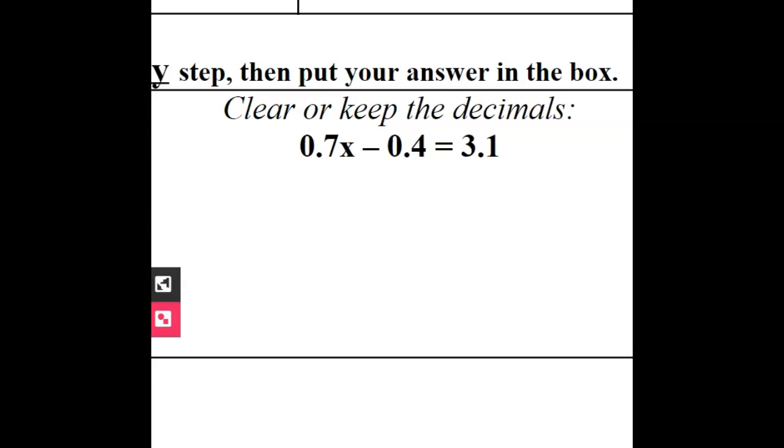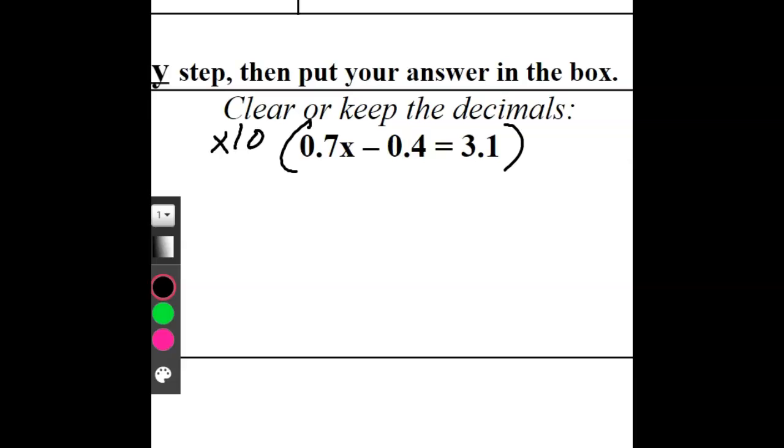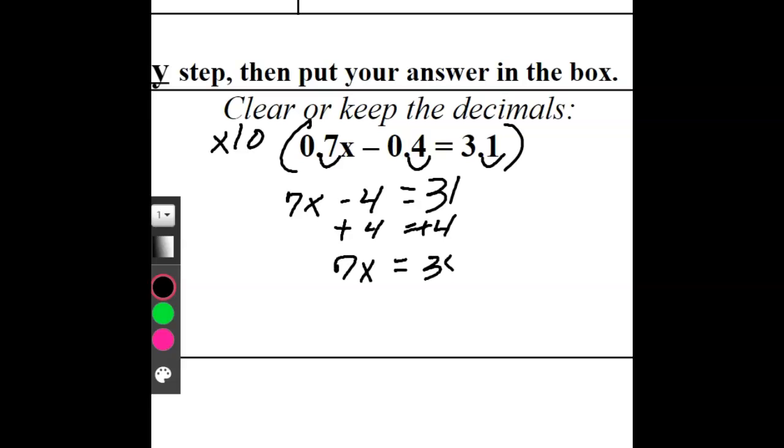The last one we're going to do is keep or clear fractions, okay? So this one right here, they are all to the 10th. So if I multiply everything by 10, I can't just pick and choose. I have to multiply everything. If I multiply everything by 10, it's going to move this decimal one spot. Okay? So when I do that, now I have a new problem of 7x minus 4 equals 31. And as long as I do the exact same thing, then it's going to work. Okay, and it's just doing a different problem, but the answer is still going to be the same. So I add 4. 7x equals 35 divided by 7. X